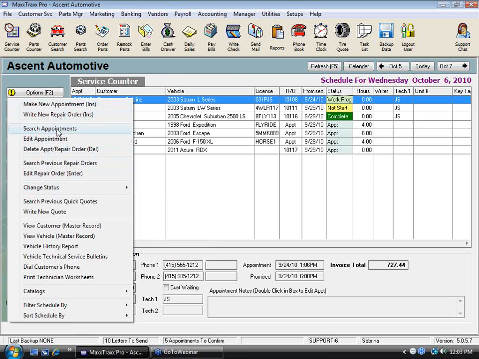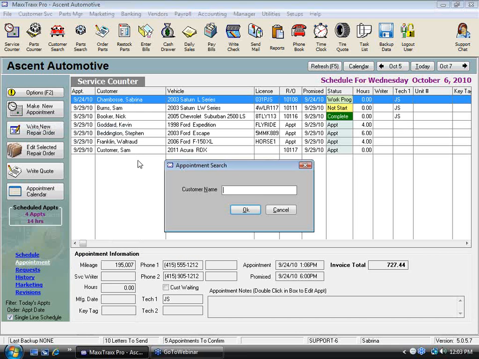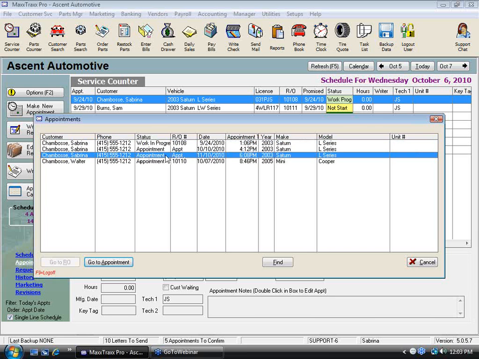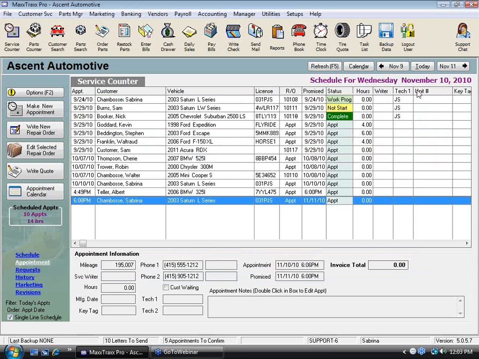If you want to search for appointments that may be in the future, we can do that. We can search by the customer's name. See if we have any going forward. So we actually have one for November, for example. So we could always click on that, and it jumps us to the future schedule. So you got a couple of features there. I'm going to click on the Today button, bring us back to today's, instead of showing us all of our